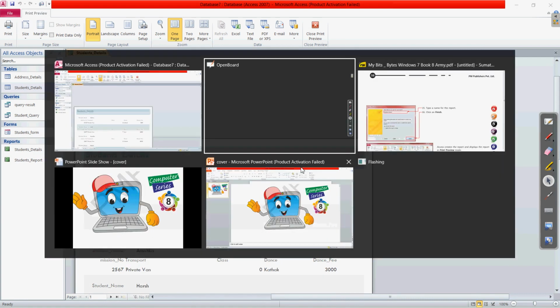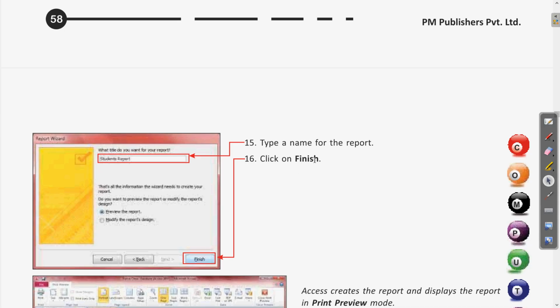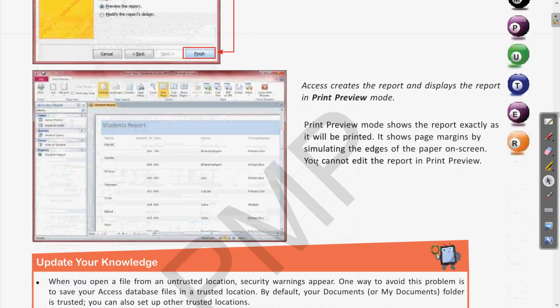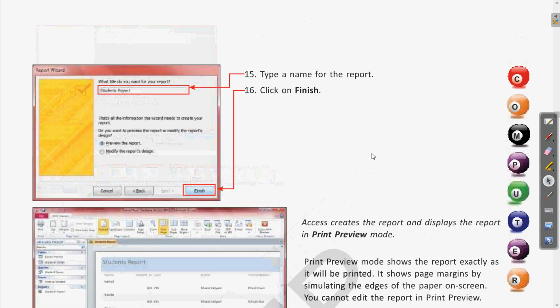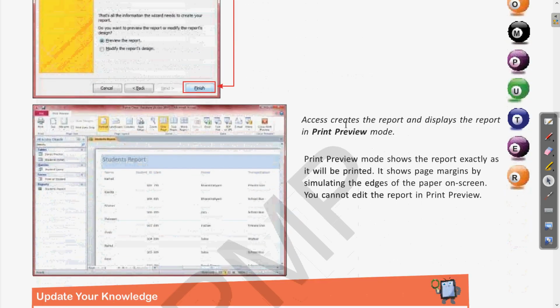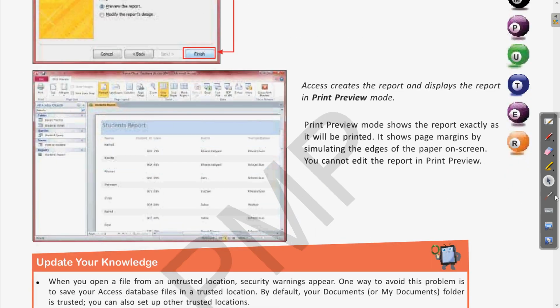Come again to the page here. You can see after we have written the title and selected all the layouts, this gives the print preview of the report which we have generated. So SS creates the report and displays it in the print preview mode.